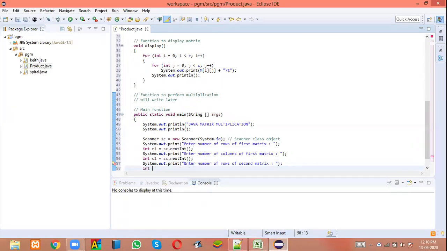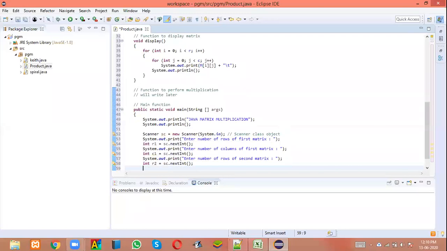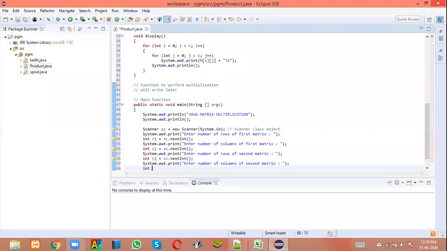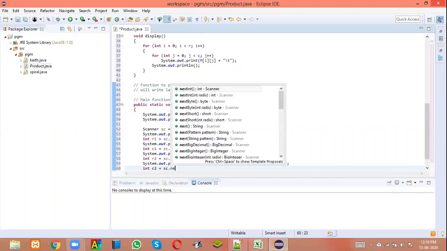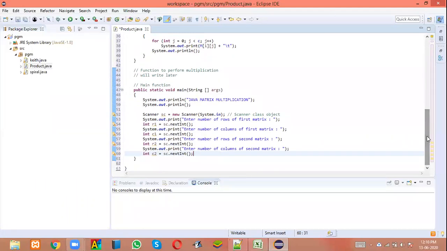Int r2 is going to be equal to sc dot nextInt. Then System.out.print, enter number of columns of second matrix. Int c2 will be sc dot nextInt. So we have got all the 4 variables that we require.